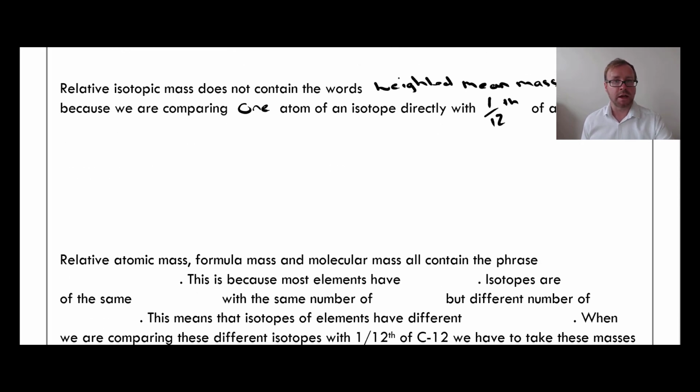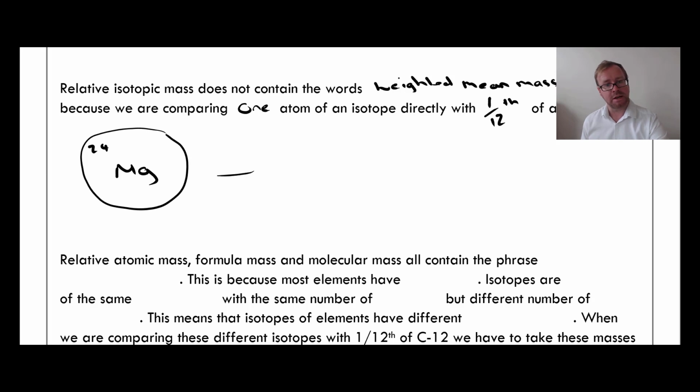E.g., magnesium has some isotopes, so we'll take magnesium 24. So when we're calculating the relative isotopic mass, I'm comparing this 1 atom of magnesium directly with 1/12